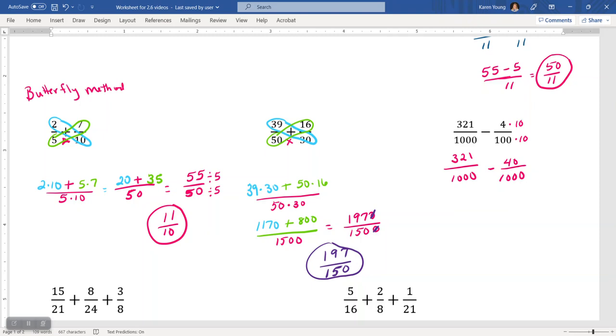To do that on my scratch paper, I get 281 over 1,000. Now 3 doesn't go into it. I knew 2 doesn't go into it. So that's going to be my answer. And that's an improper fraction. So I want to